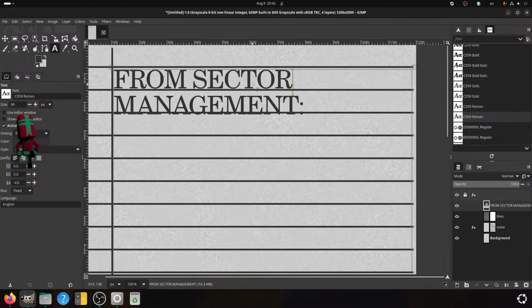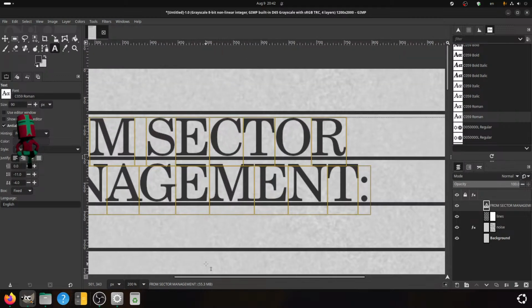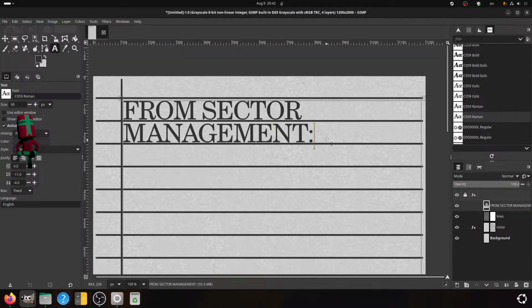Sector management. Alright, that vertical gap is going to need to be reduced. -11 looks about right. Yeah, that's okay. From sector management.